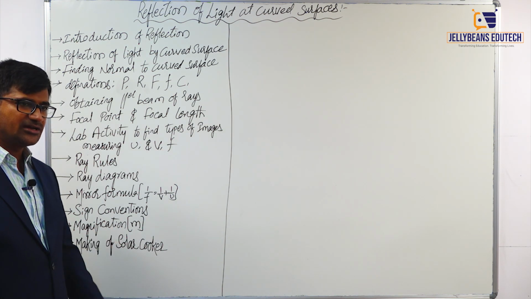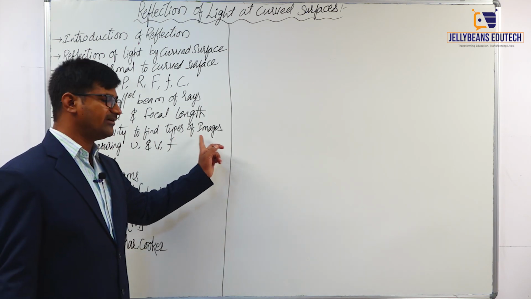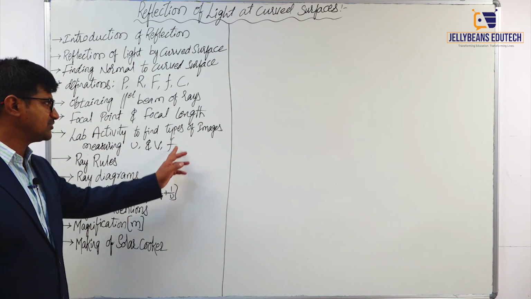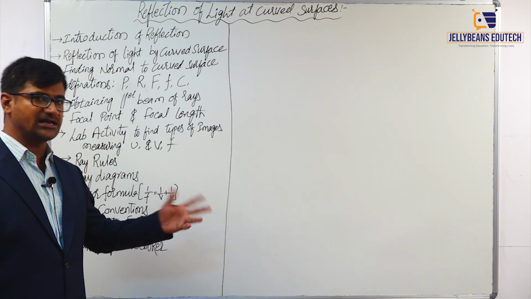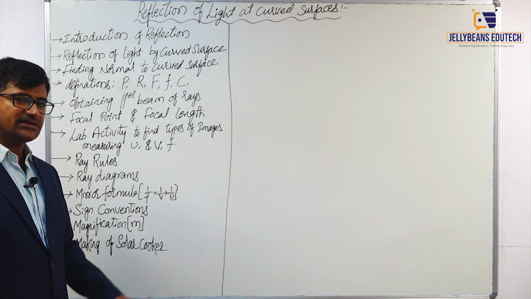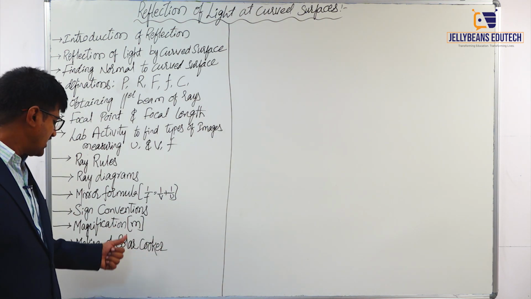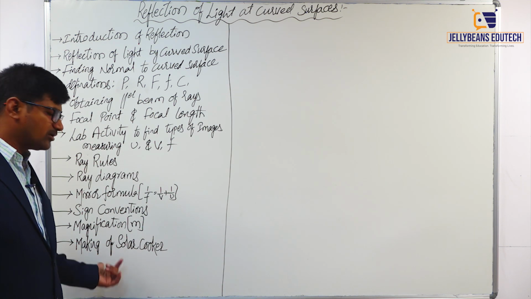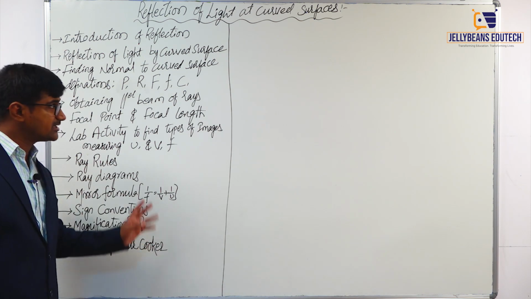Next, magnification. When we observe the lab activity, we will observe some types of images, and we will see some changes in their sizes also. That means we consider it as magnification, and it can be observed here. At the same time, we will find out how to make a solar cooker. So these are the points we are going to discuss in this lesson.